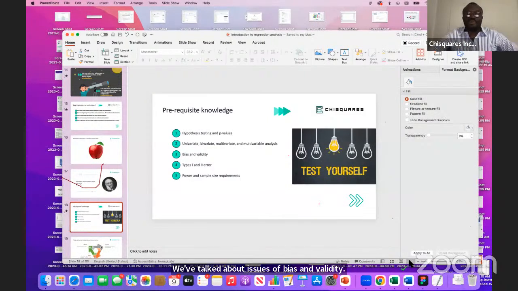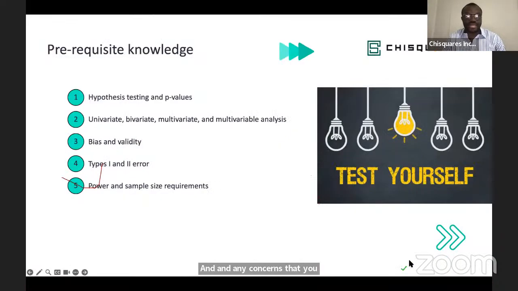So next week, we will build on those things and we'll dive into the first regression on our list, which is binary logistic regression. So please read ahead of the class and read all materials you can find on binary logistic regression, so that when we have a session next week, you have questions to ask and any concerns that you experience to be answered. All right, that's all from me, unless there are other questions I need to answer.